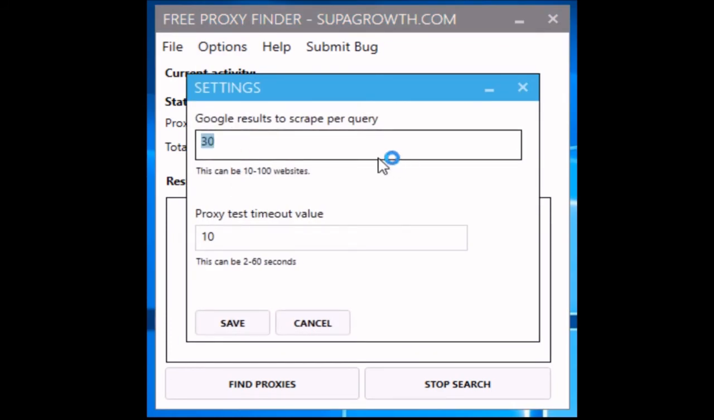So that's how many queries to pull, how many websites, results to pull back from Google per search query. So for example, it might be searching for free public proxies and it will bring back 30 websites. So if you want the results quick, just put in like 10. If you want as many proxies as it can get, which will take longer to scrape and then test,